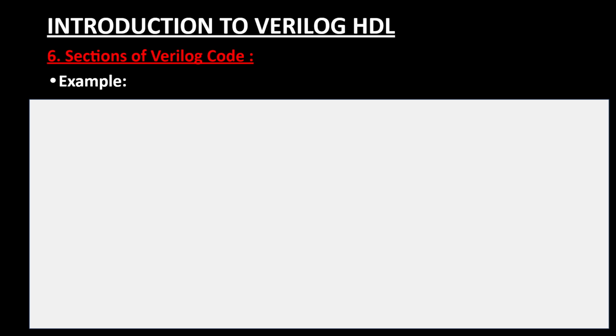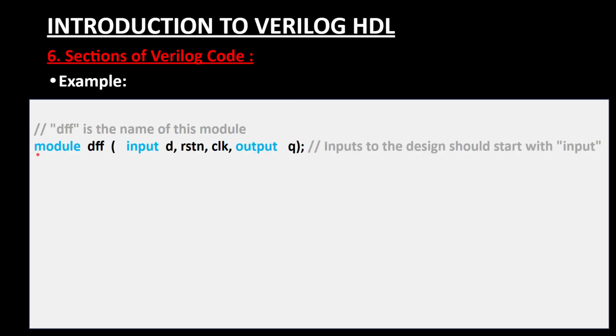For example, here the module declared is DFF. DFF is the D flip-flop. This is the module name. Previously I told, right, we can neglect this and just give the ports. Here we don't give any input and output declarations, so we are only giving ports. Actually, we are going to have 4 ports: one, two, three, four. Either you can give it like this, and declare afterwards like this: